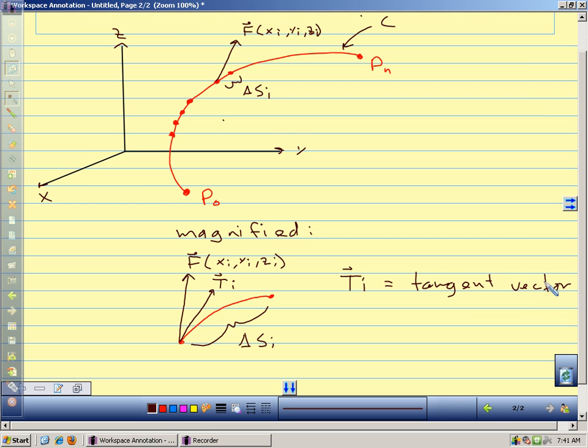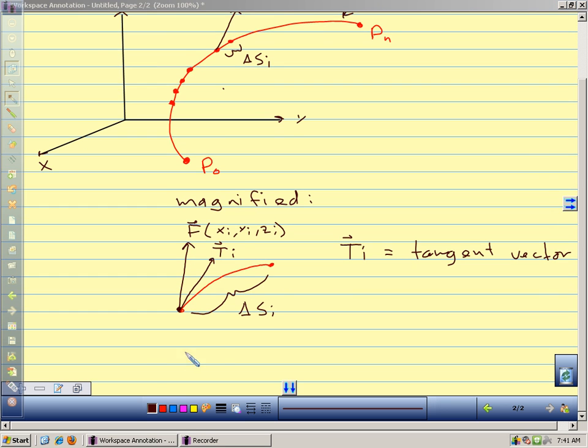So only the force acting in the direction of the tangent vector does work. So any component that's normal to the tangent vector doesn't do any work on the particle at that instant. So the small increment of work on the ith subinterval, we're going to call that delta W sub i,